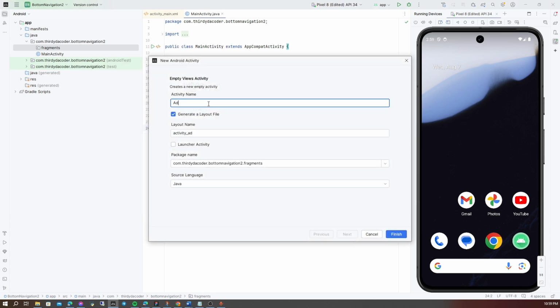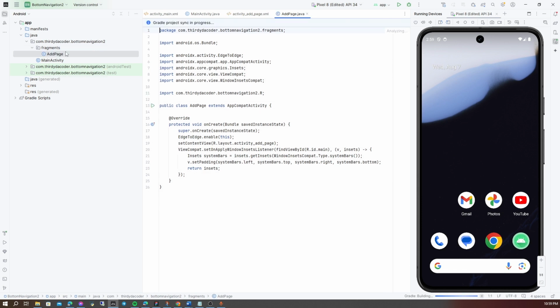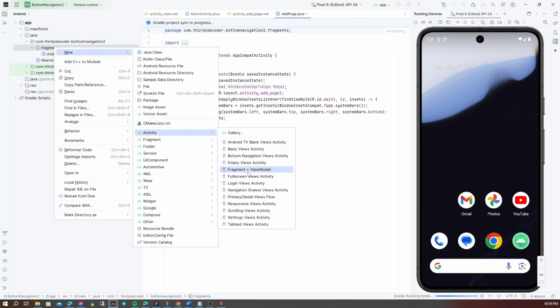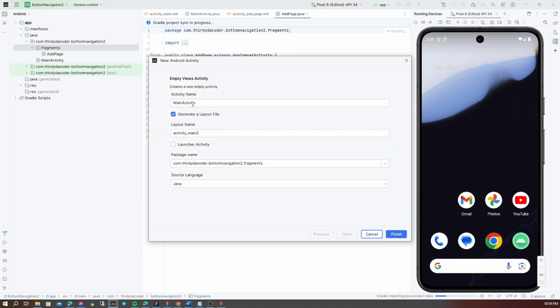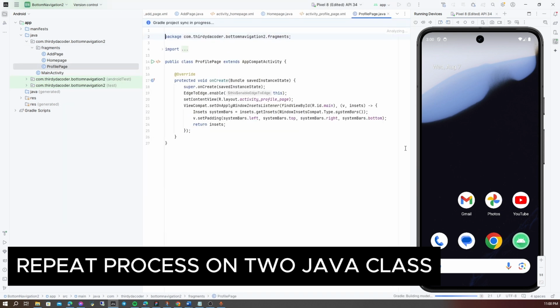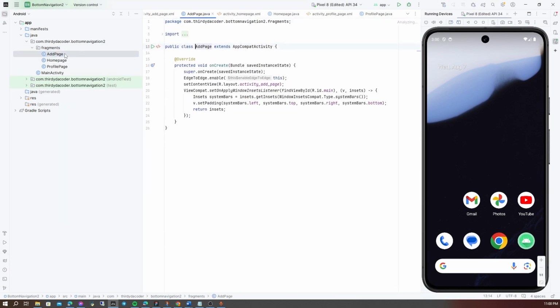We can name it add page, then finish, then again, name it home page. This is the default activity, so we will make some changes to it later.